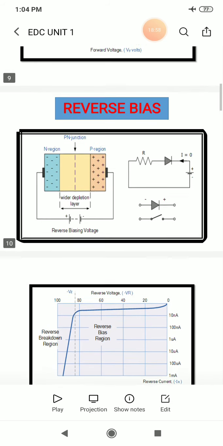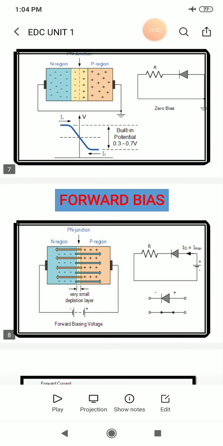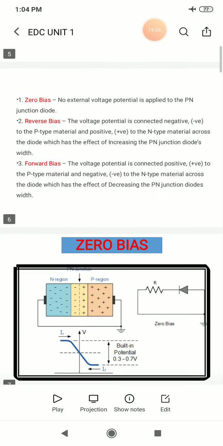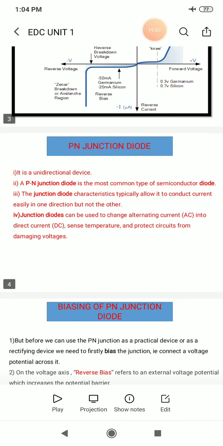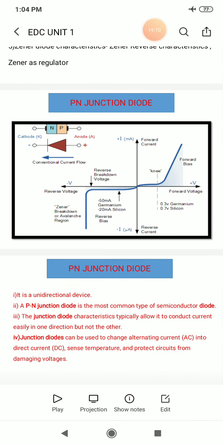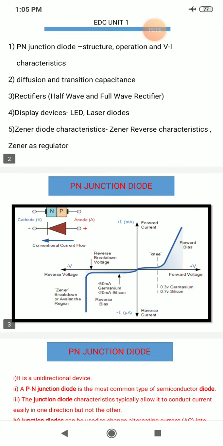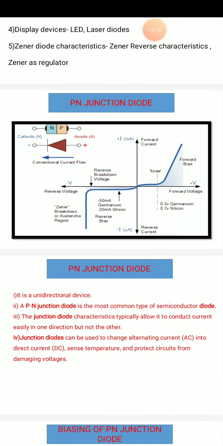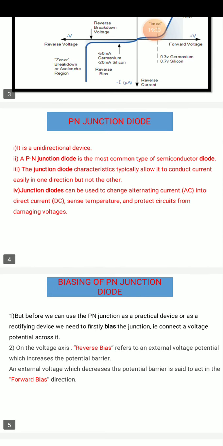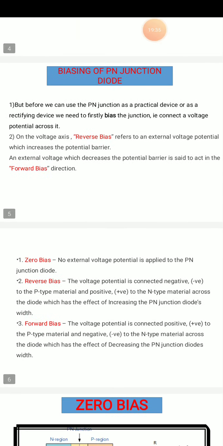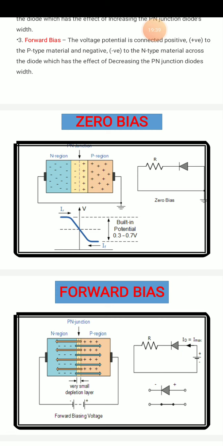I believe you can now understand what a PN junction diode is. It is a very basic and simple semiconductor device. Try to concentrate on the VI characteristics also, and remember there are only two types of biasing allowed. If you understand the concept of biasing in the PN junction diode, you can easily understand the diode. So that is all about the PN junction diode.